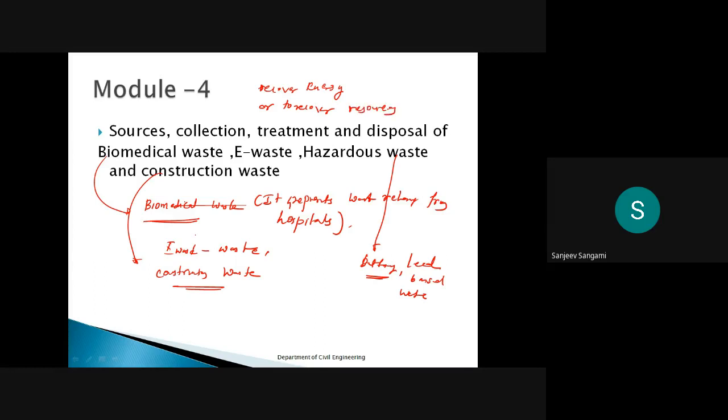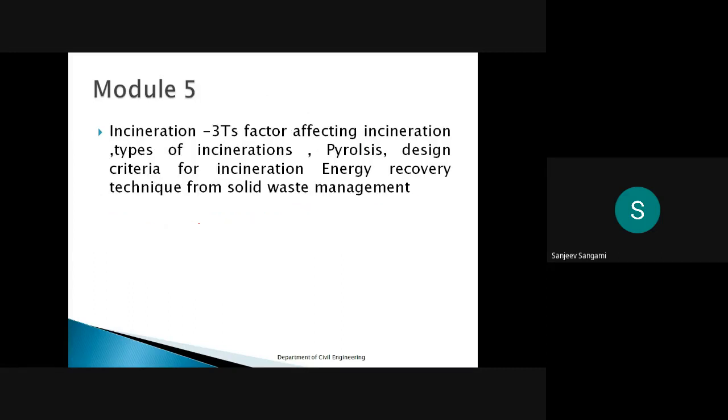That has to happen. Then in the fifth module, that is the incineration technique, we will see